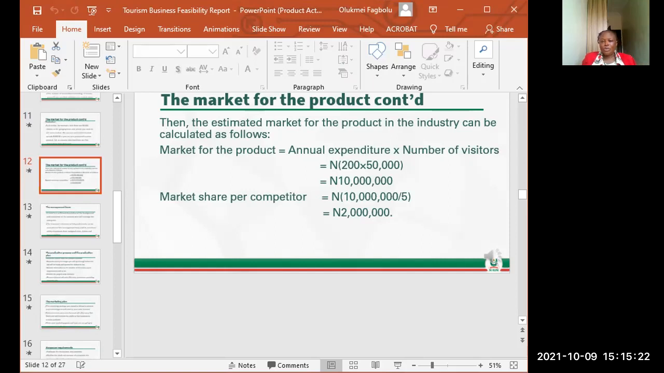So to know our market share for each of the competitors, we will have that 10 million naira and divide it by the number of competitors. As we have said in our illustration, we have 5 competitors, and the total market for the product is 10 million naira. So if we divide 10 million naira by 5,